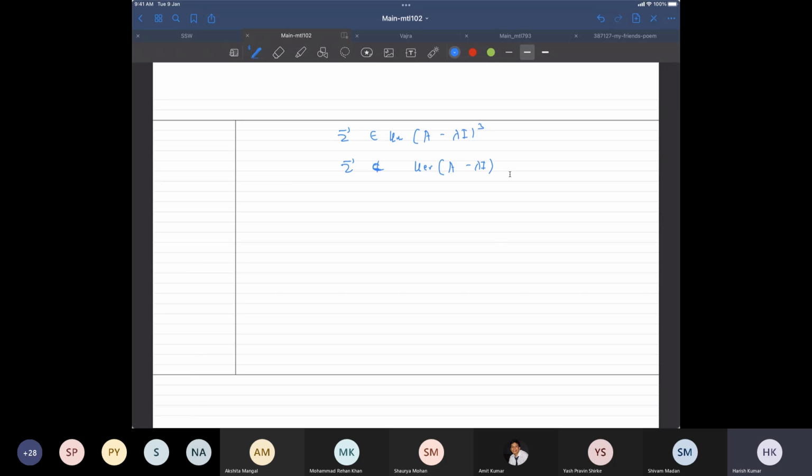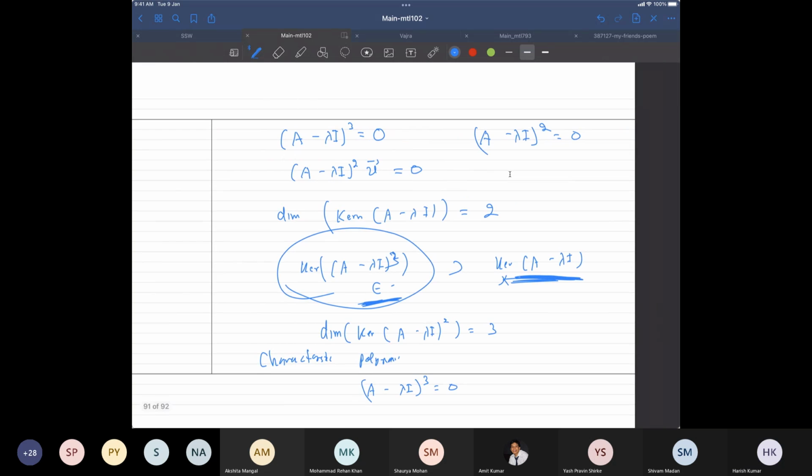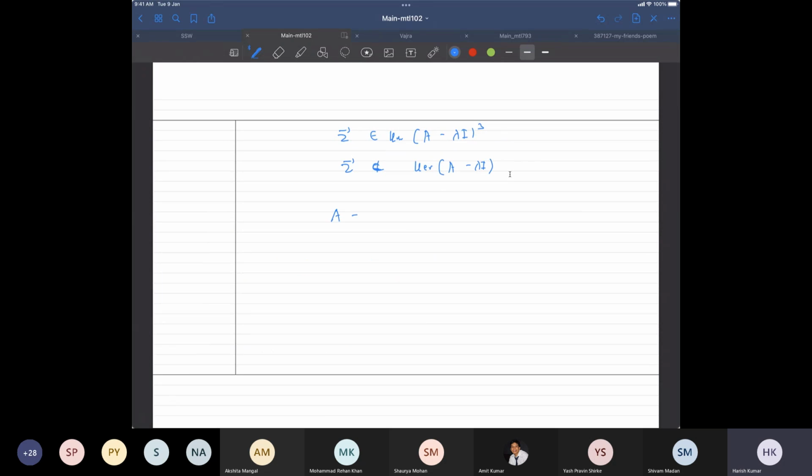Okay. Then you can argue that Z is the, so that means A minus lambda I Z square at least will be an eigenvector. So this will be alpha of u1 plus beta of u2. Okay. So now I need to show that Z is the